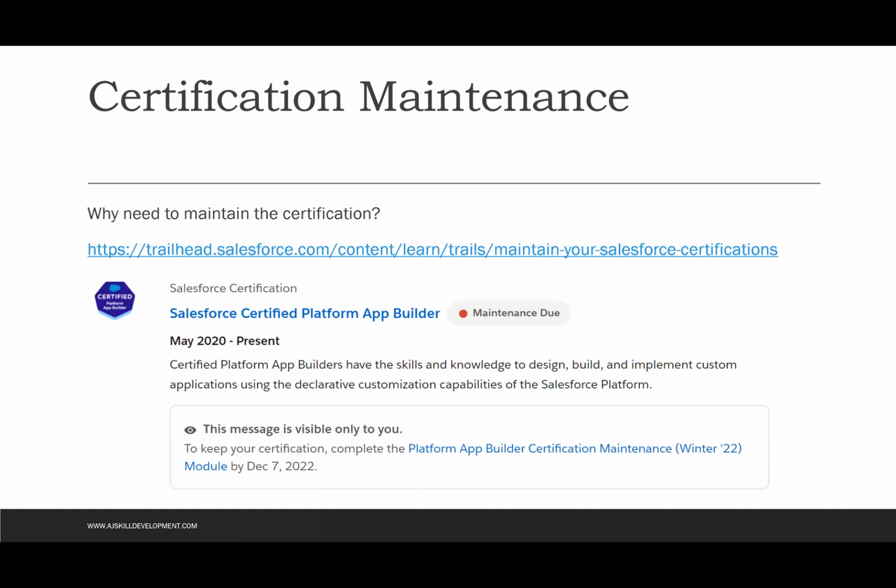First of all, why do we need to maintain the certification? See, what is certification? It tells you or others that you are a professional who is updated with Salesforce, whether admin, developer, or something else. But Salesforce keeps evolving. They have 3 releases: spring, summer, and winter. In every release, as Salesforce is a product,